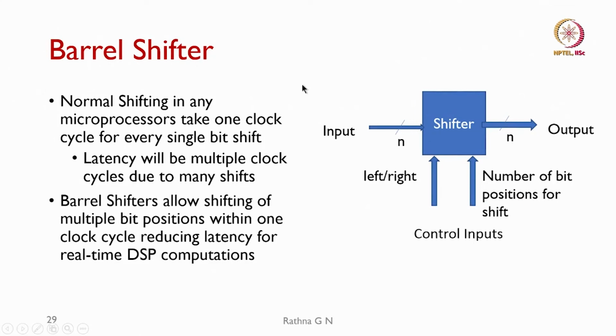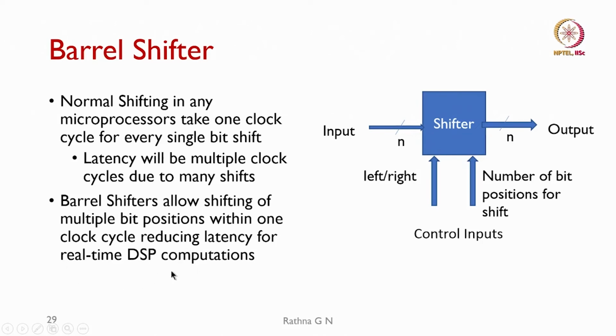We know that sequential shifting is going to cost us n clock cycles if we need an n-bit shift. In a normal microprocessor shifter, it takes 1 clock cycle for every single bit shift, so the latency will be multiple clock cycles due to many shifts. Whereas barrel shifters allow shifting of multiple bit positions within 1 clock cycle, reducing the latency for our